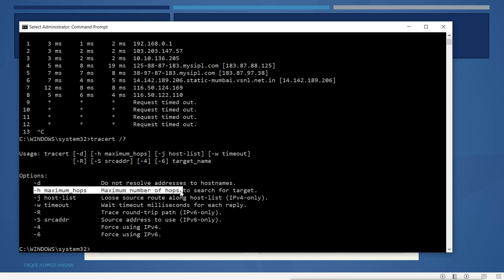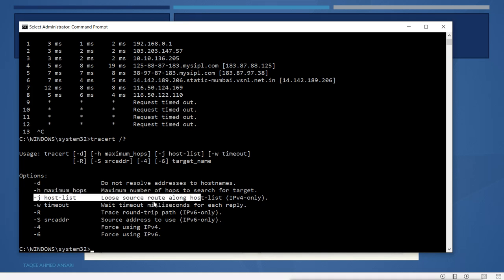We can do it for a host list, with loose source route along the host list you can mention. You can decrease or increase the timeout. You can do the trace round trip path for IPv6. For IPv6 source you can use the capital S option. This is for IPv4 and IPv6.